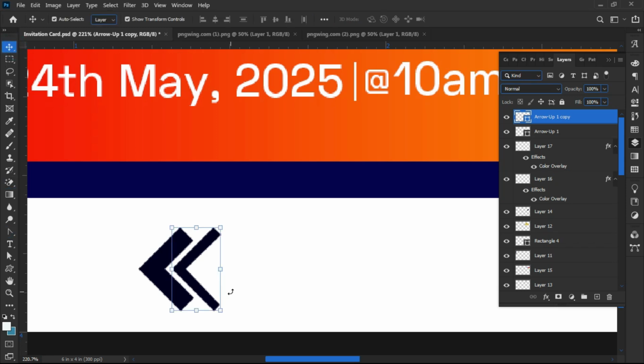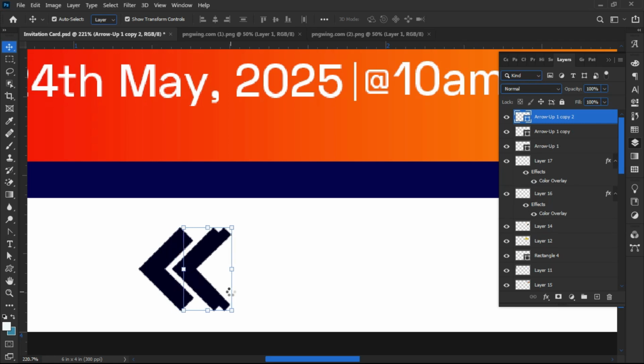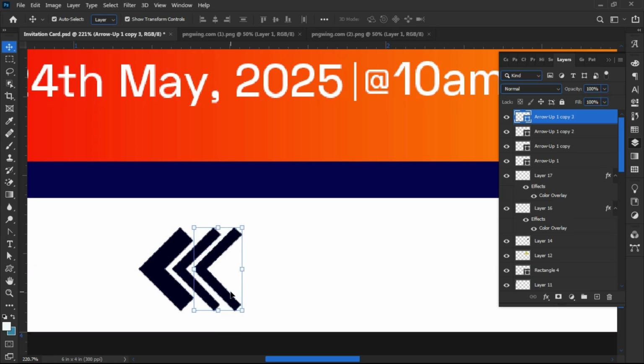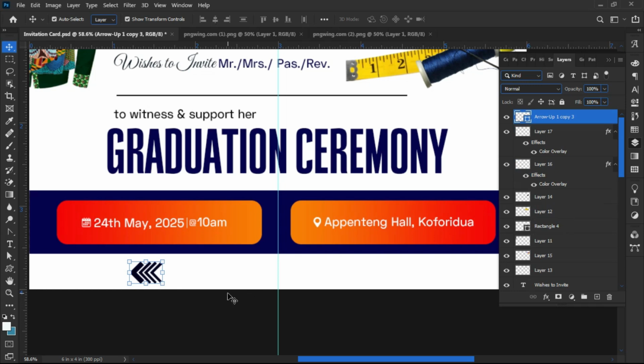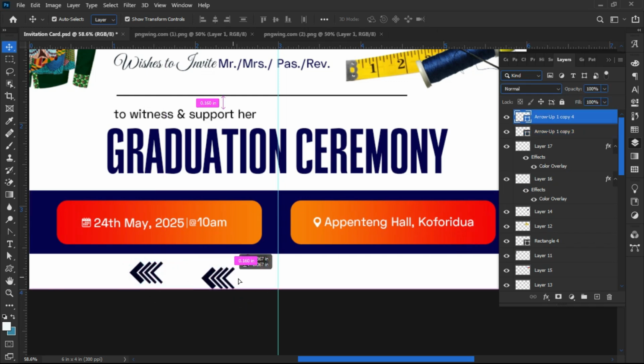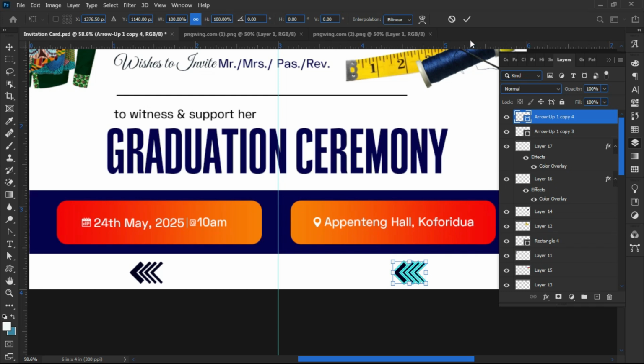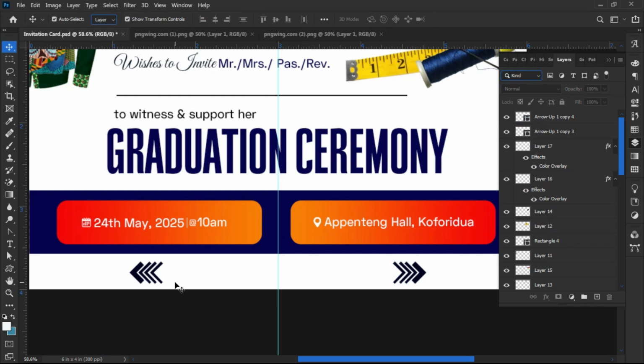Okay, then you duplicate it. So right after you get this, duplicate it, Ctrl J, then you drag it down here. And you click on it. Once you click, you see these features right here. Right click, flip horizontal. You see the difference? Then I'm going to write